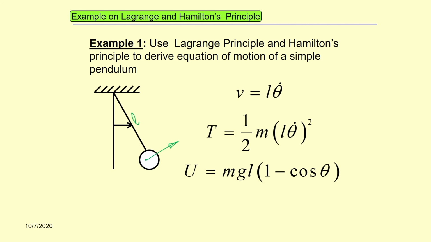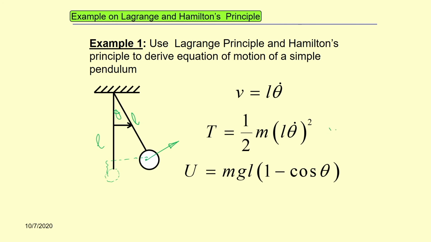Similarly, potential energy. So, potential energy is due to change in this position. Initially the mass was here, at a length L. Now as it has moved to this position, this is the change in position. So, this angle is theta. So, this is L cos theta. So, total length equal to L, and this is L cos theta after moving an angle theta. So, the change in height equal to L into 1 minus cos theta. So, change in potential energy, that is U equal to mgL into 1 minus cos theta.